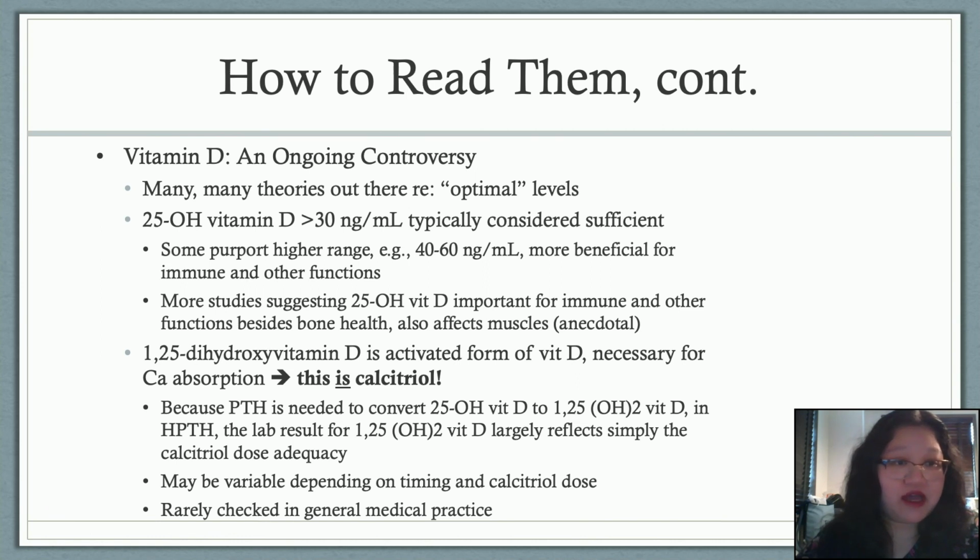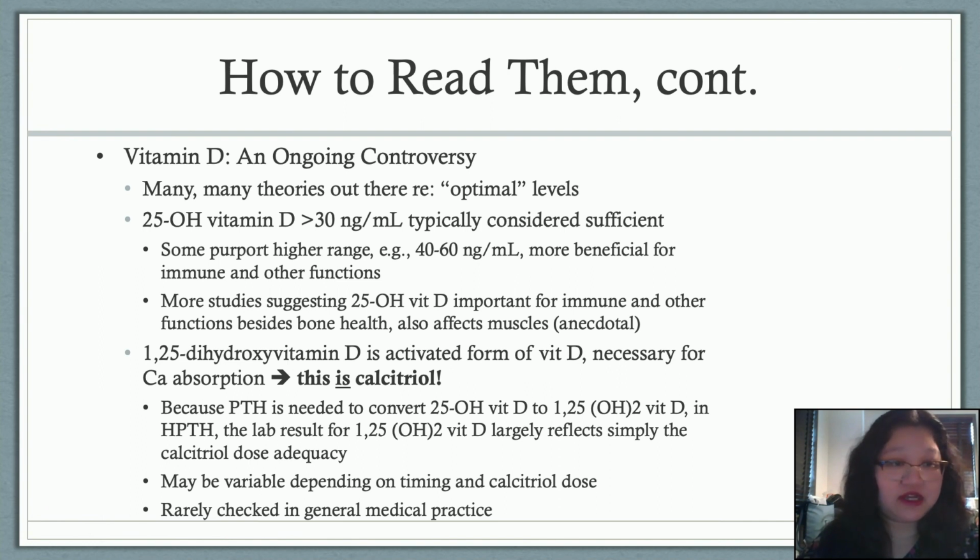I'm a rheumatologist, so I take care of a lot of people with autoimmune and immune issues, and a lot of times they'll do better if it's 40 to 60. A lot of people with fibromyalgia also feel better when it's 40 to 60. And again, you don't want to go too high, of course,